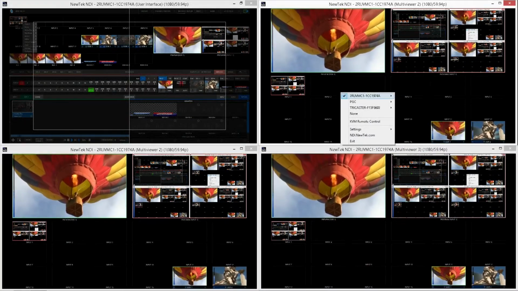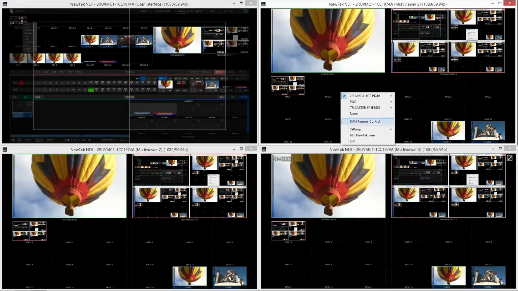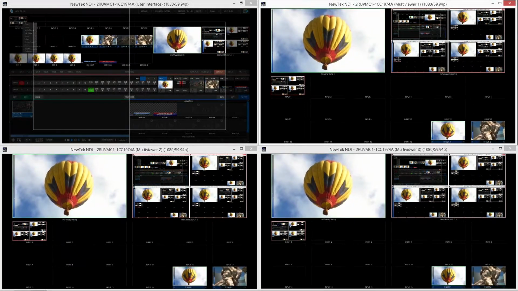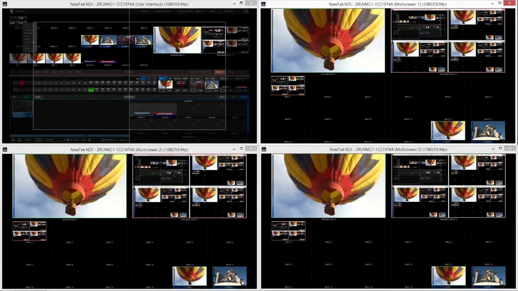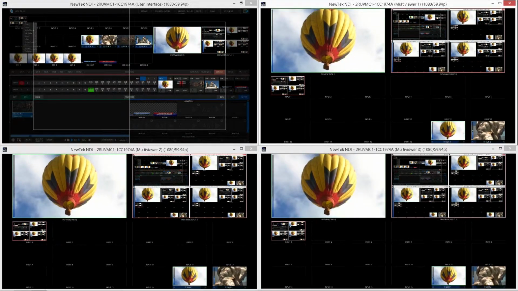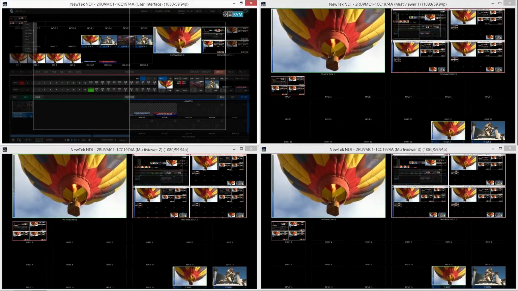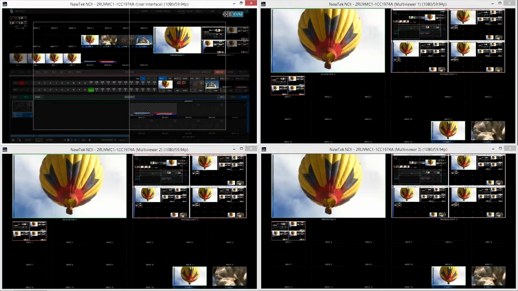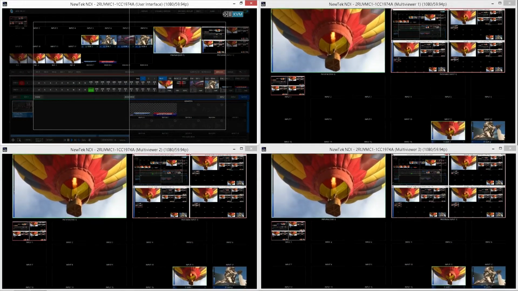So right now there's basically my switcher, and I think these are set differently. Multi-view 1. Here we go. 1, 2, and 3. Yeah, they're set the same. So right now there's basically my output monitors, my multi-views, my user interface, and my VMC. And like I said, I can come into here and turn the KVM on, and as you can see, I can change whatever is on my preview or program row. It's pretty powerful